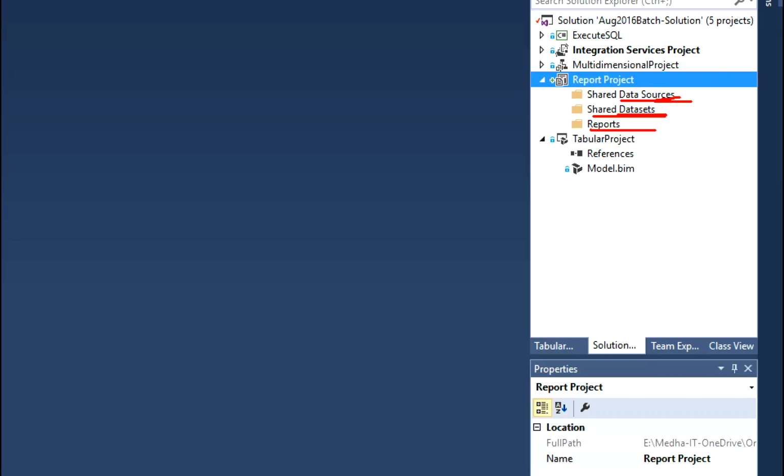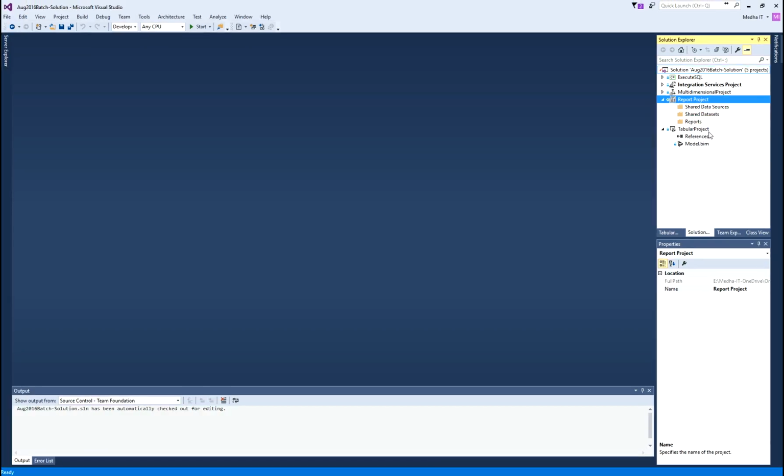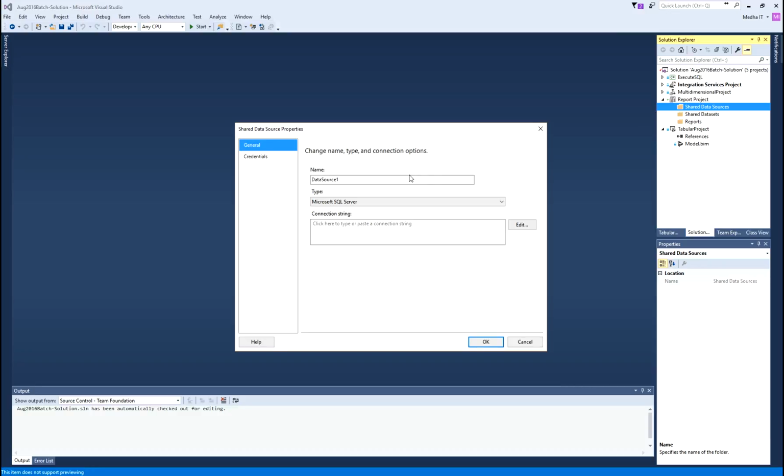Once we create the project, the first step would be to create the data source, where we set up the connection to our source. The source could be our SQL source or it could be an Analysis Services source. Right click and say add new data source to create a data source. I will name this data source and my source type in this case is SQL Server.